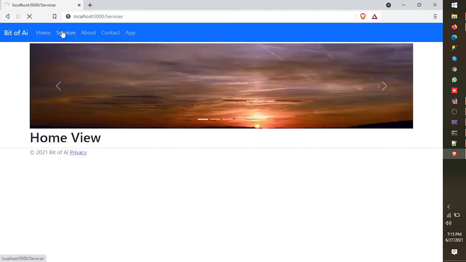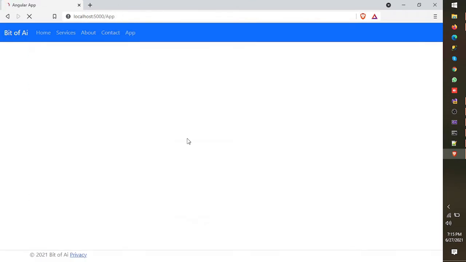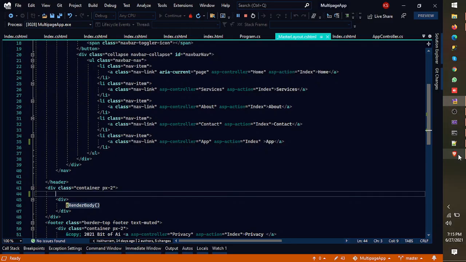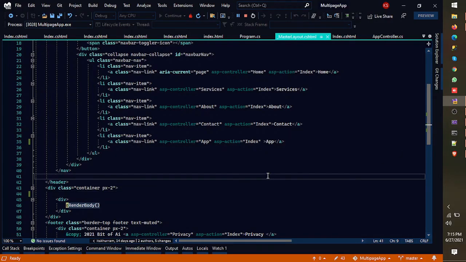Okay, our home page does have the banner, services has the banner, about and contact have the banner, but app doesn't have the banner. It has our Angular app loaded and running. So let's set this navigation a bit.